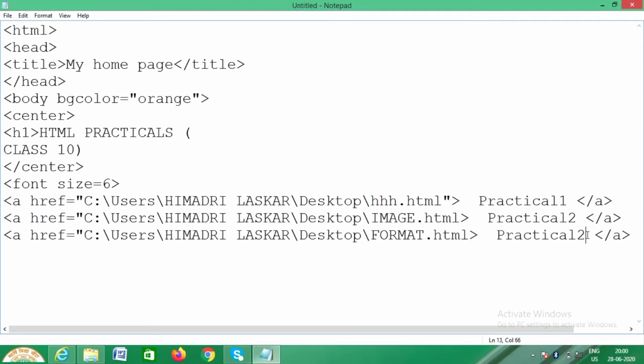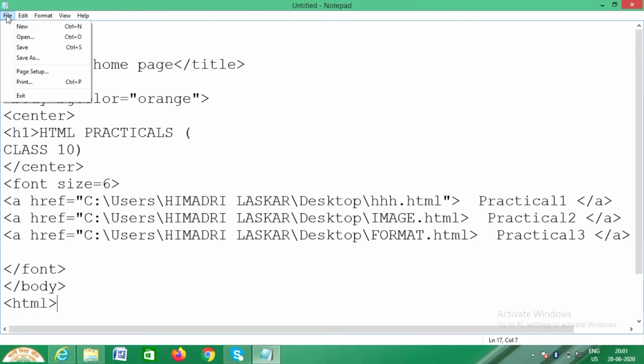Now this should be practical 3. Okay, done. Now we have to close this font, close body, close HTML. Done.